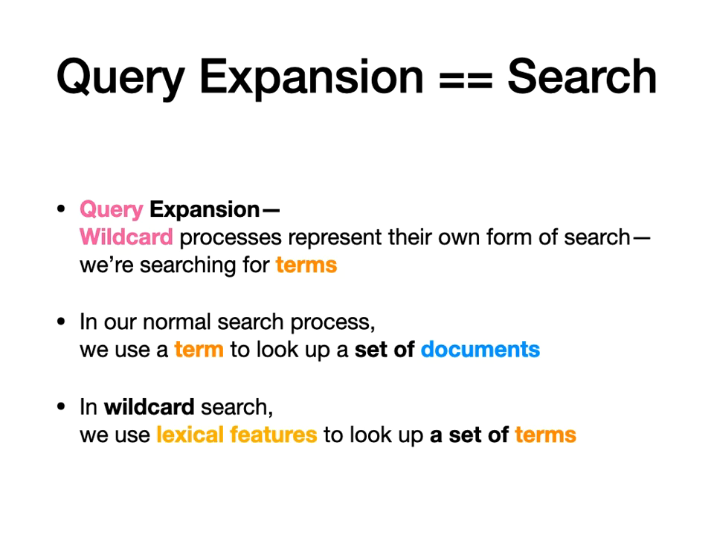In normal search, we are using the term to go and look up a set of documents. In wildcard search, we're using term features to go and look up a set of terms. Let's double back and walk through this. So, recall, our basic indexing process will take a document collection, represented here,